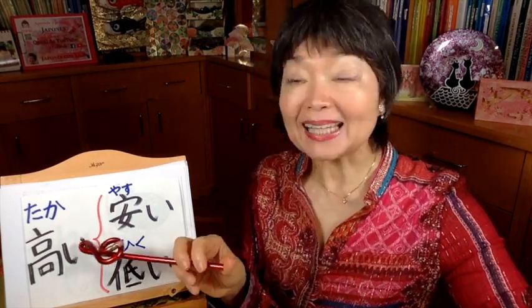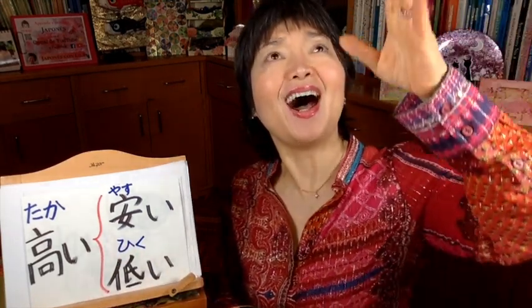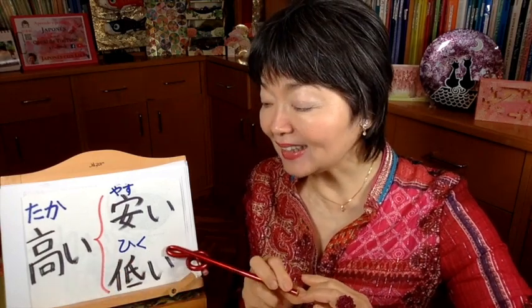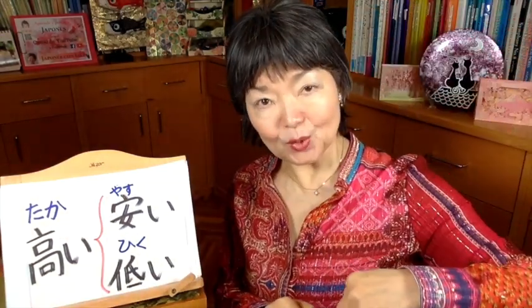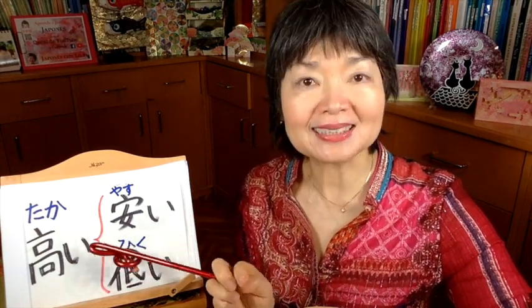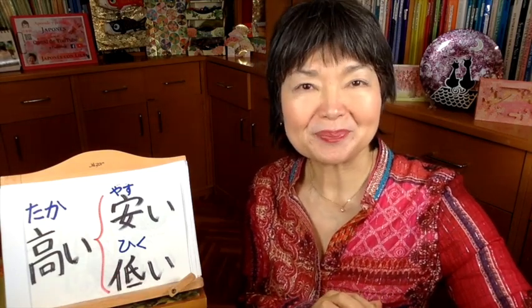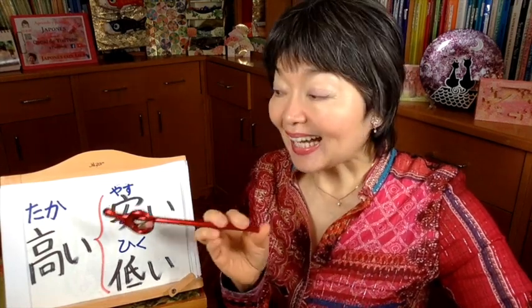Do you remember 高い? This is high, very high. And in that case, the contrary, 反対, is 低い. 高い, 低い. But also we can say 高い, the contrary is 安い. And this is the price. 高い, expensive. 安い, cheap. So here Mount Fuji is 高い